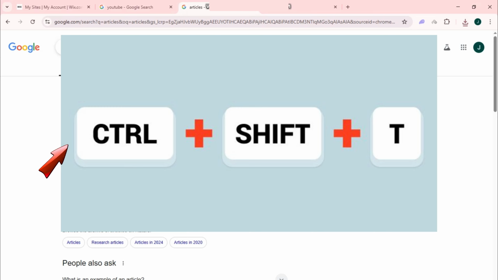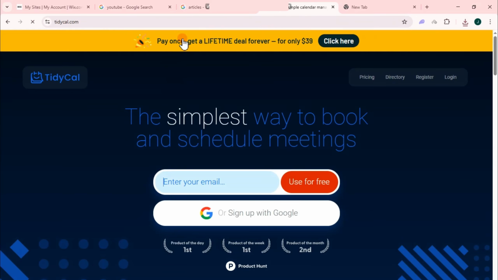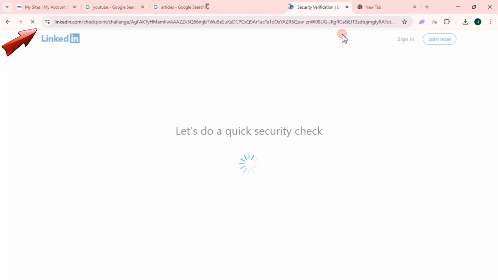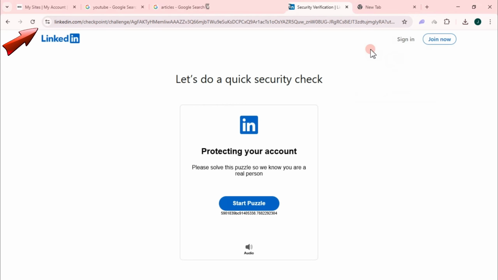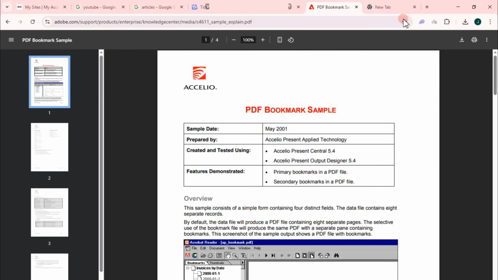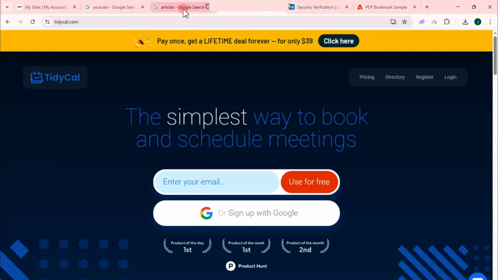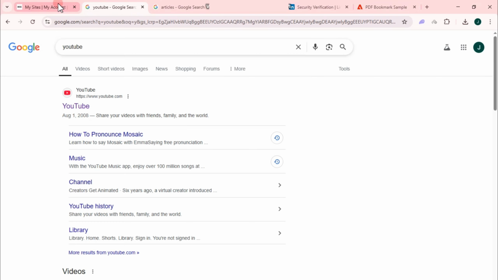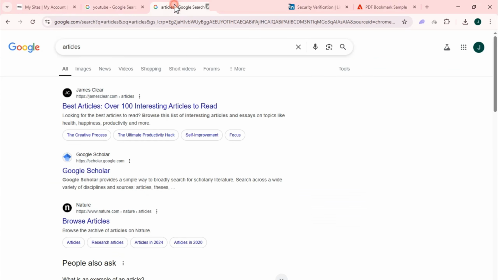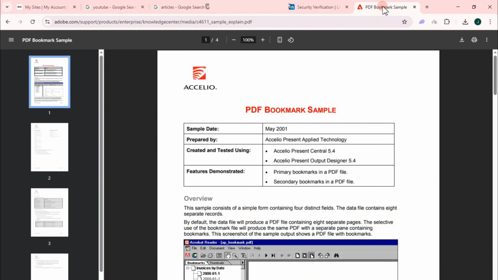Each time you press Ctrl plus Shift plus T, the browser reopens the last tab you closed, in the exact order they were closed. It remembers multiple closed tabs, so you can press it repeatedly to bring back several tabs one by one. This works even if you have closed and reopened the entire browser session, as long as you haven't cleared your history. And that's how easy it is to restore accidentally closed tabs in